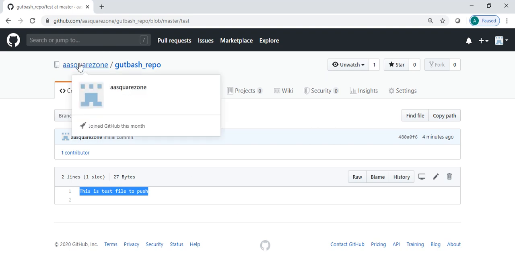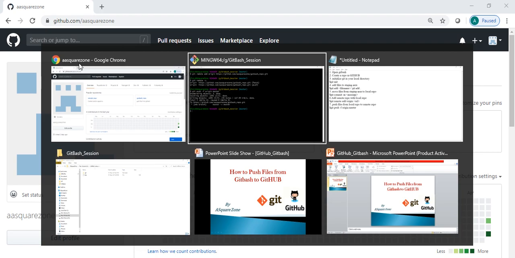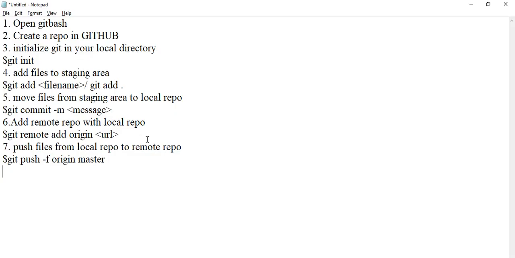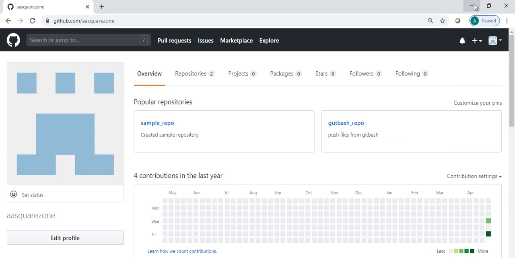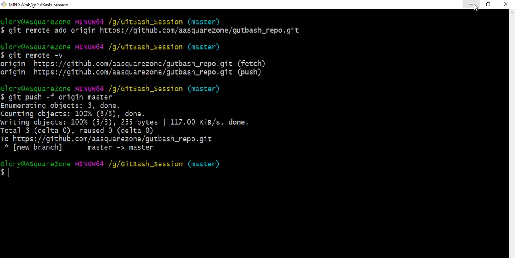So these few steps we can follow, and I'm going to give these steps in the description box as well. You just follow these steps. You have to install git in your local machine, as well as you have to create an account in GitHub.